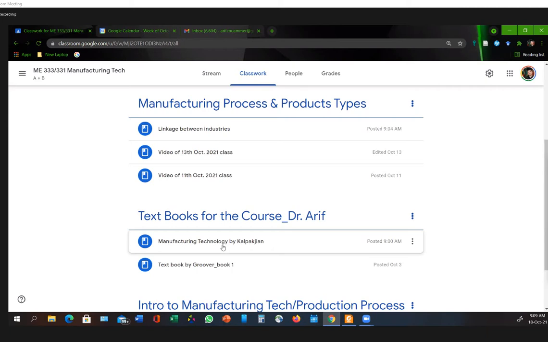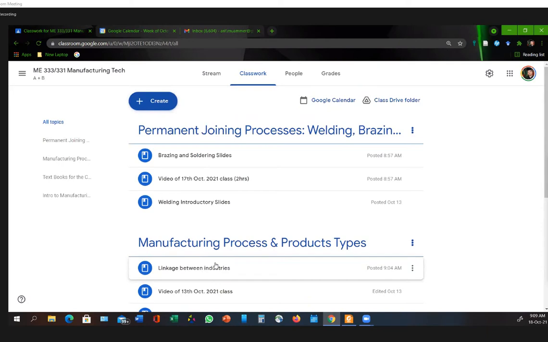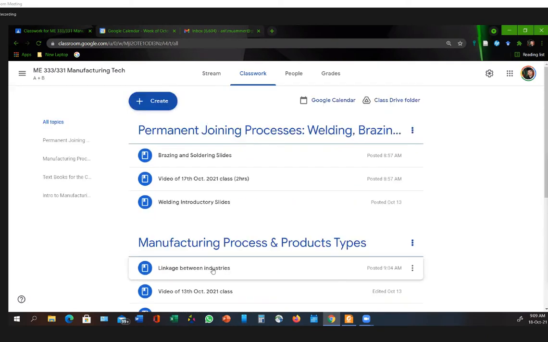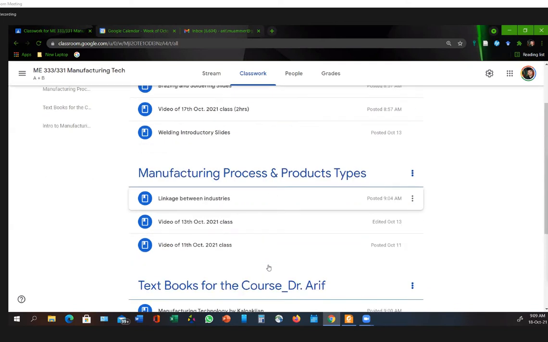So, আমি যেটা strongly suggest করব, since I'm sharing the videos and the slides and the books, everything, you will have everything here, and by the end of the semester, you will have more or less everything here, so you could use that as your syllabus for revising. Actually, you can use it for any of the tests, maybe class test or midterm, you can revise from here. Now,